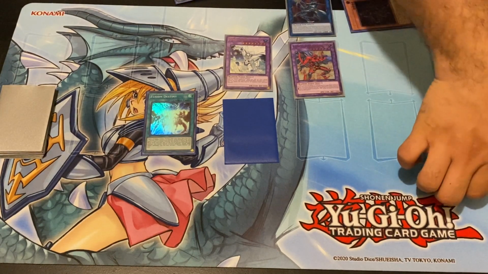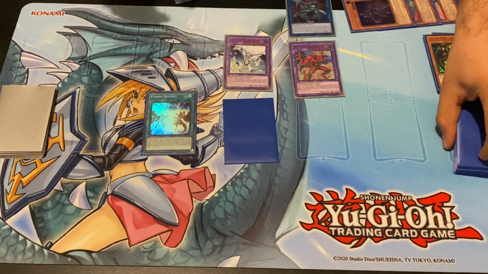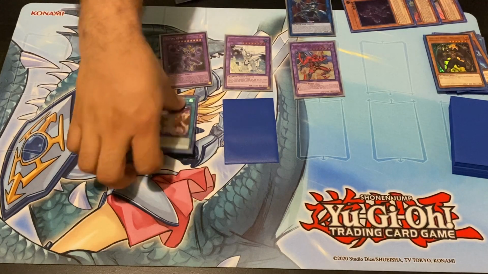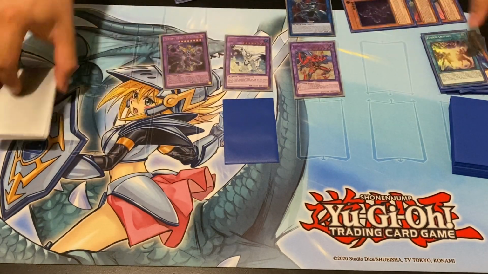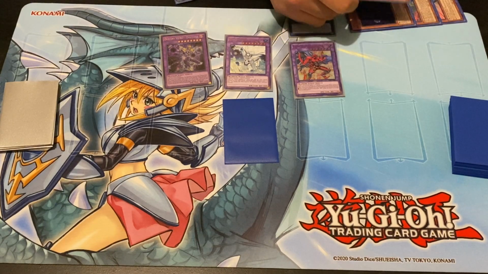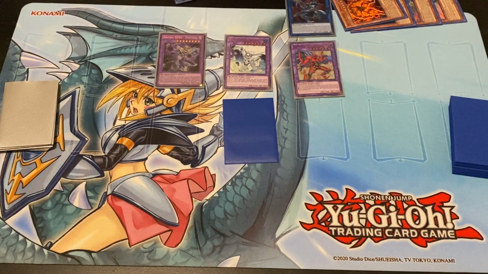Oops, I almost dropped those two. And then we're going to go ahead and special summon Destiny Hero Dystopia. Next, what I'm going to do is banish the Dynatag that's in my graveyard, target my Destiny Hero Dystopia, and give it 1,000 attack points, so it'll be at 38 until the end of the